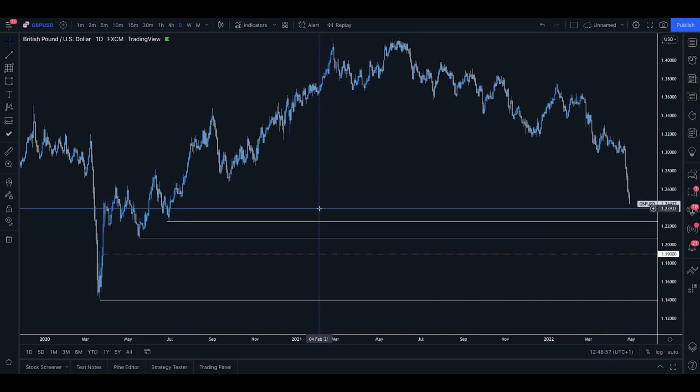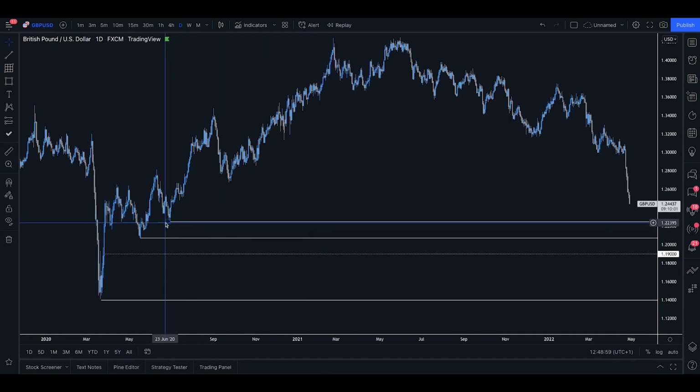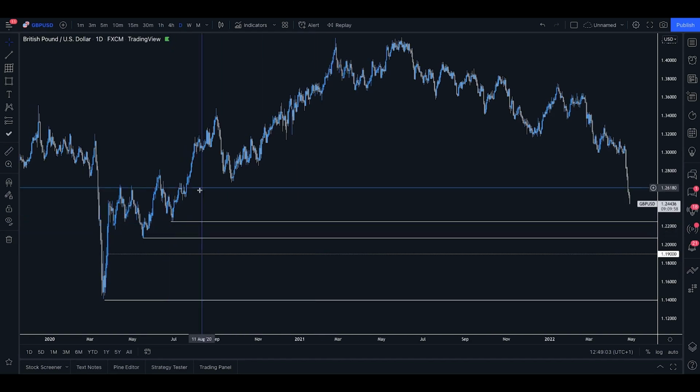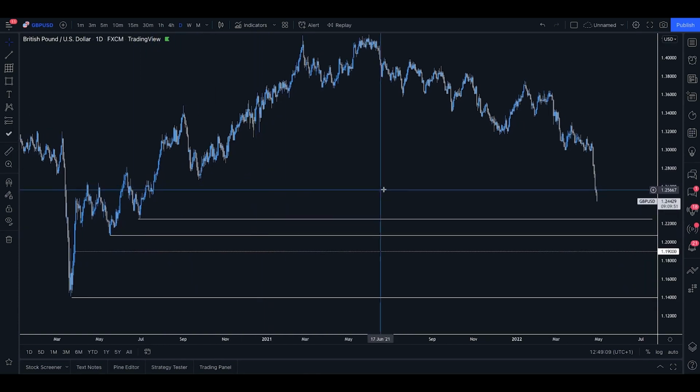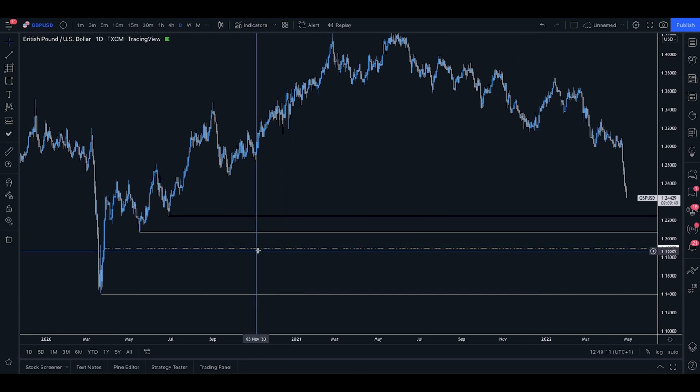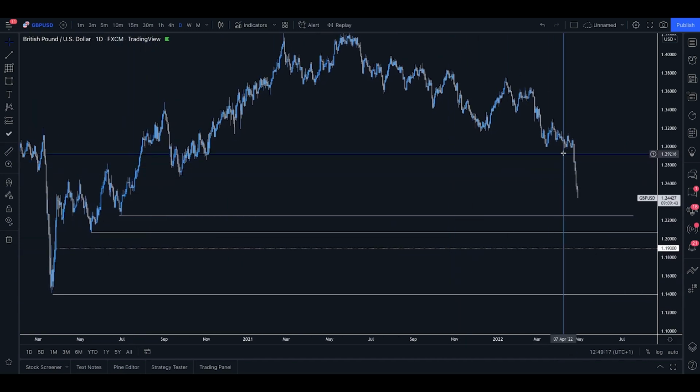If we surpass that 1.24 area, we can look towards liquidity underneath 1.225 and then underneath 1.2750. So I do believe these levels will be taken out in time as well. And the final point for the pound to fall into could be this large range between 1.19 and 1.14, which is obviously a large demand area, but we are expecting this to pick up some extreme weakness, unless obviously fundamentals do change. So for the meantime, I would remain heavily short on the pound versus the US dollar.